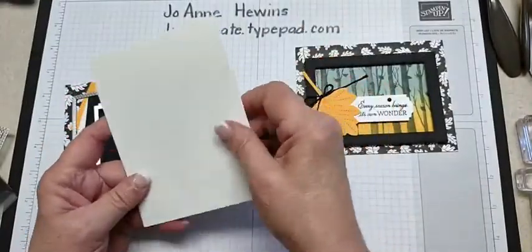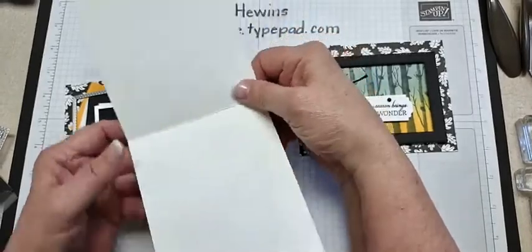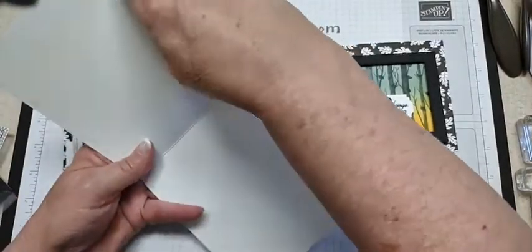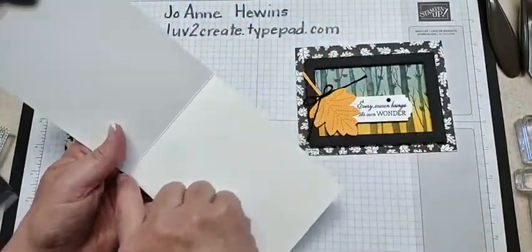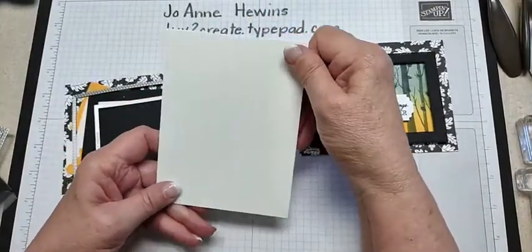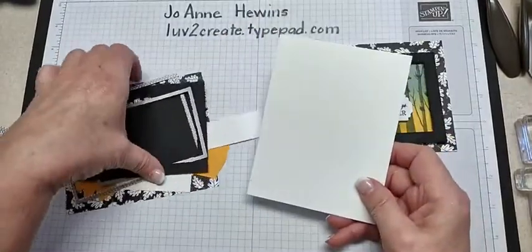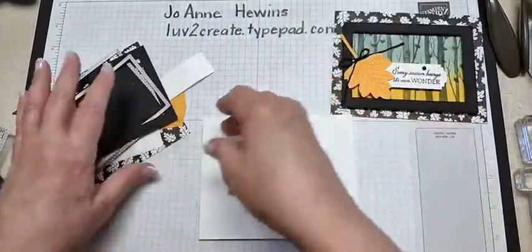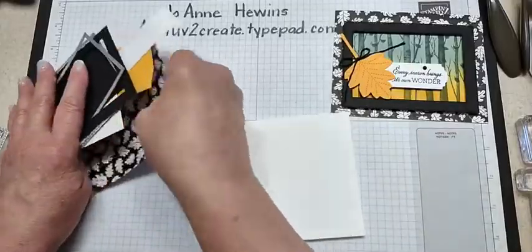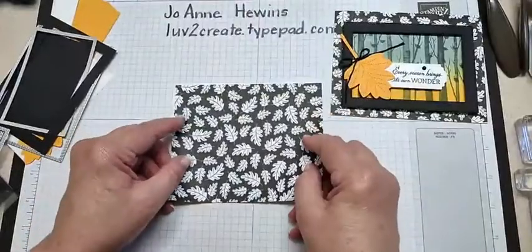The base of the card is thick, basic white, and it is cut at 4 1/4 by 11. I scored it at 5 1/2, and then I have folded it here, and I did use my bone folder. And the first thing that I'm going to do is add this piece of paper to the front of the